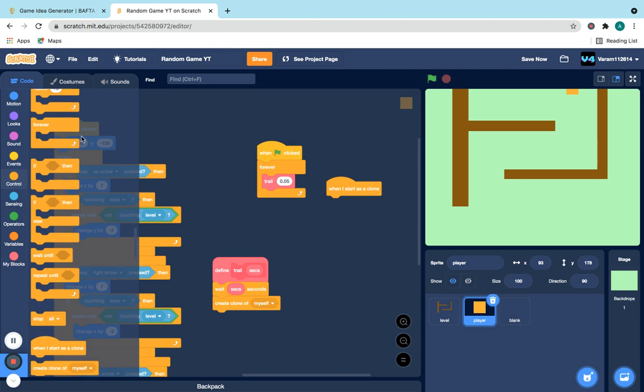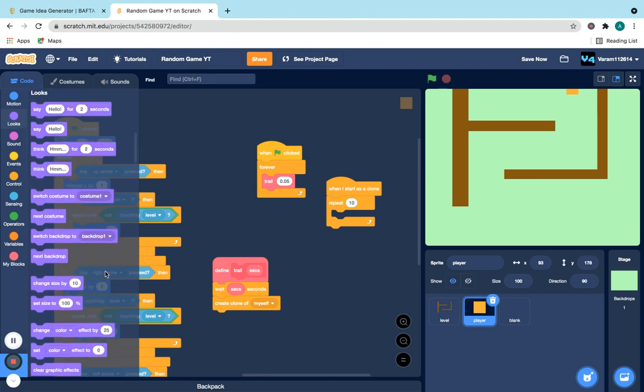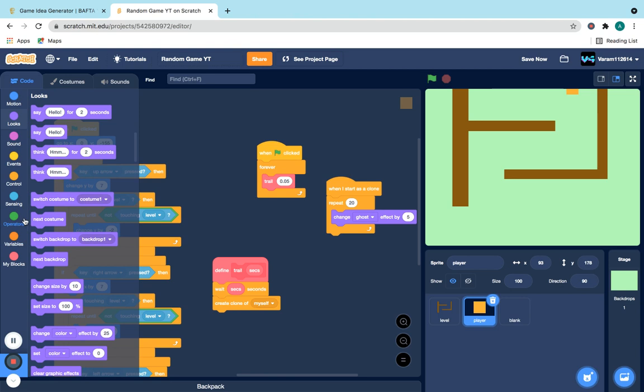yeah, repeat 10, change. Now let's do like, let's do 5. Change the ghost effect. No, I mean 20, not 5. This should be 5. Change the ghost effect by 5, and then